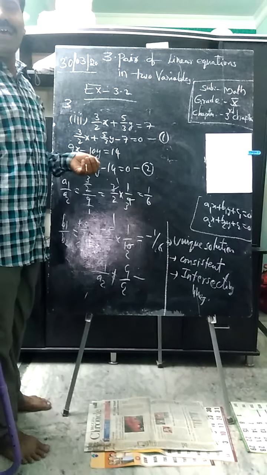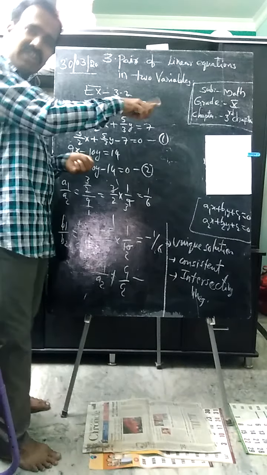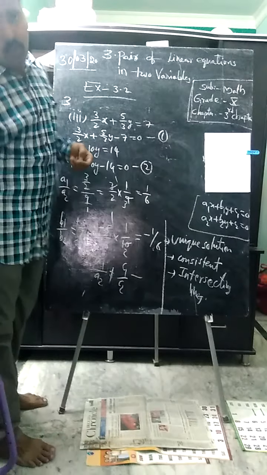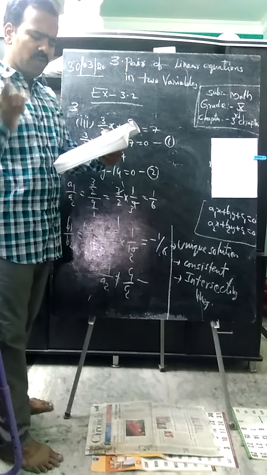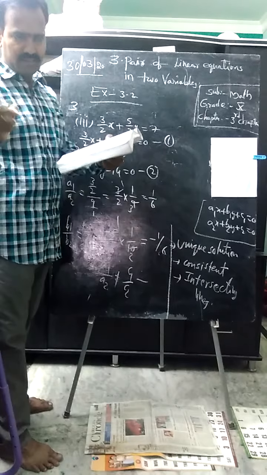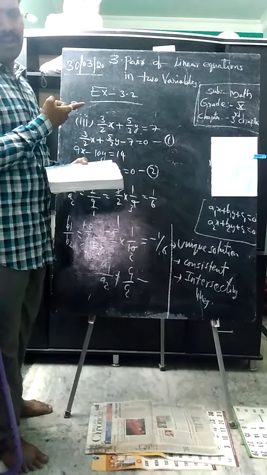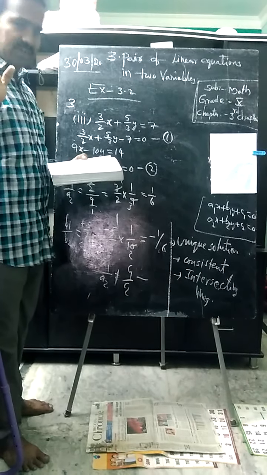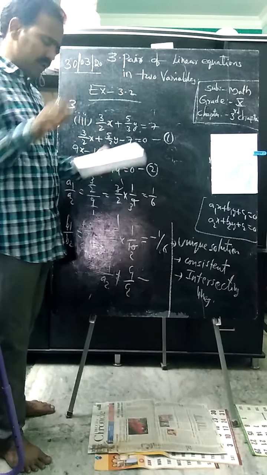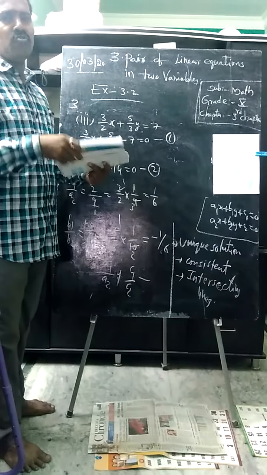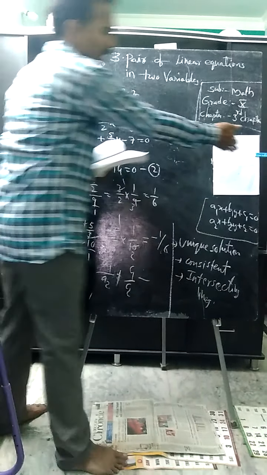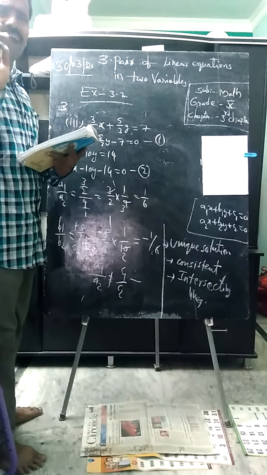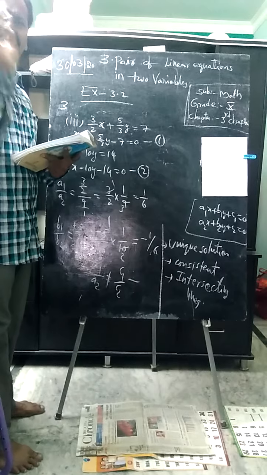Now we will do fourth bit. I will explain briefly because we already discussed many problems which we can show graphically. Fourth bit is completely graphs. You do it as homework, you will get a home assignment. Which of the following pairs of linear equations are consistent or inconsistent? Same condition. If a1 by a2 is not equal to b1 by b2, or a1 by a2 equals b1 by b2 equals c1 by c2, consistent. When they are consistent only, we will show graphically. If consistent, obtain the solution graphically. If you get intersecting lines, where they intersect, that is the solution. If they are coincident, simply write all the points on the line are solutions.